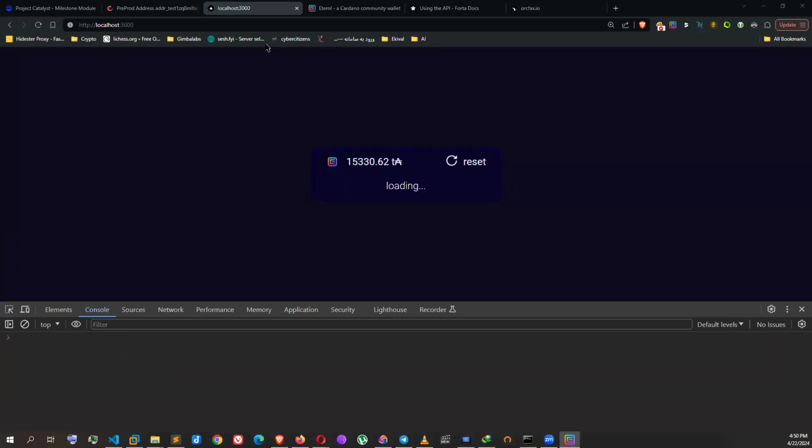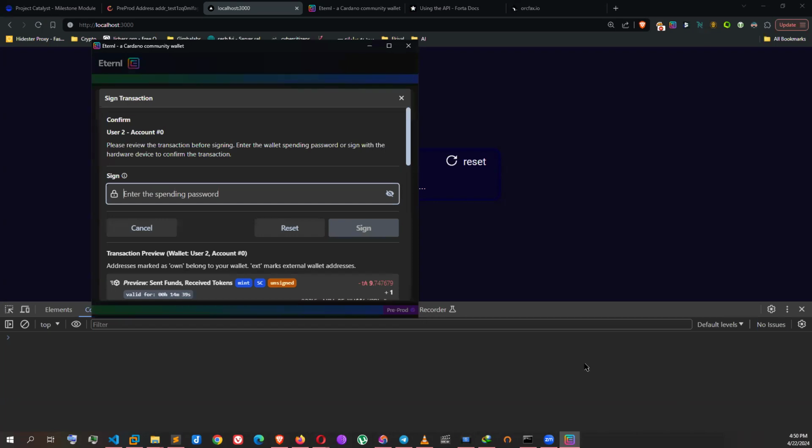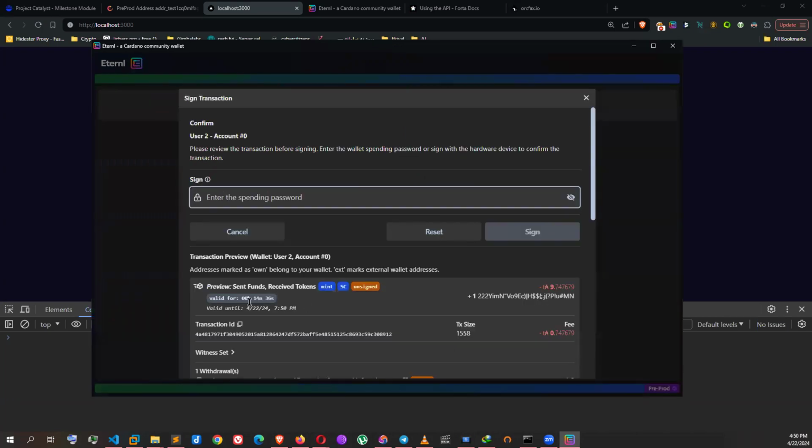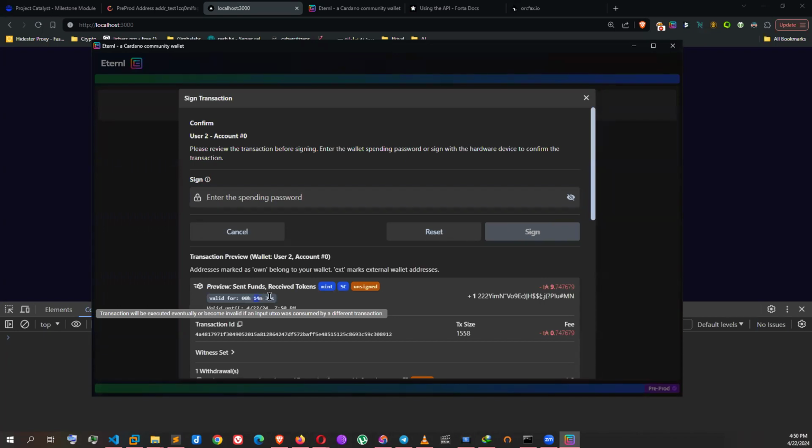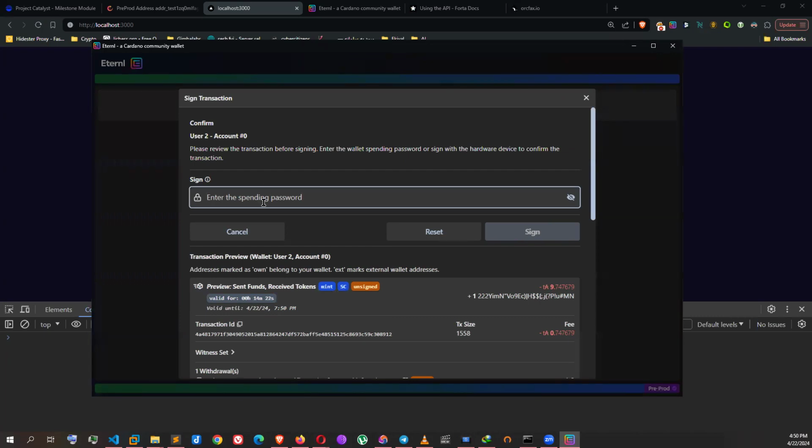Okay, so I got this guy, and as you can see in the wallet, you might see there is this validation. This time is ticking. So it would be kind of hard to know when your user signed this. And once that user signed, you have to get an exact number calculated, all this thing. But the thing is, we are not sure, once I submit this, when this is going to be included